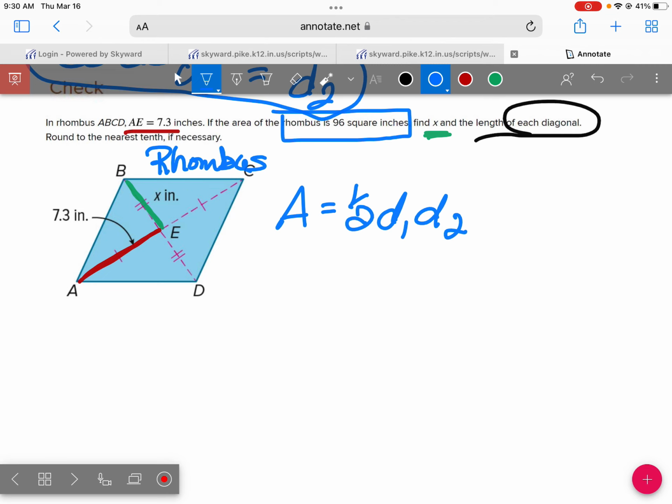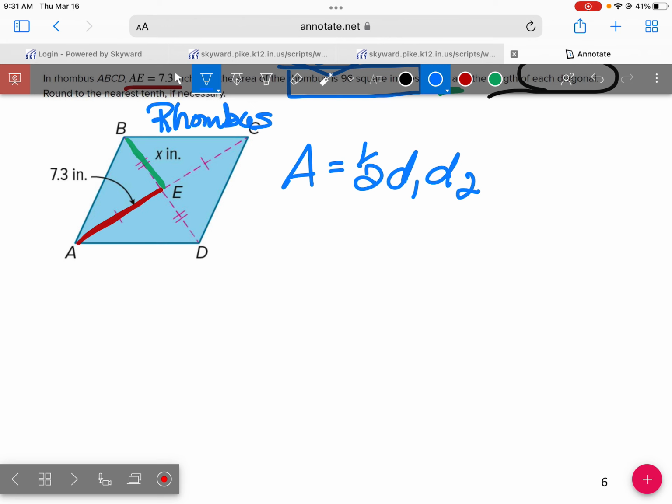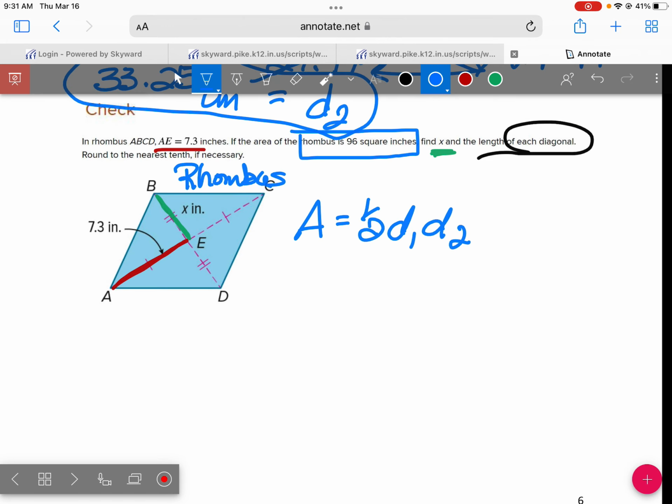Always start with the formula at the top. So they give us the area, 96 square inches. Put that in place of A. 96 equals 1/2